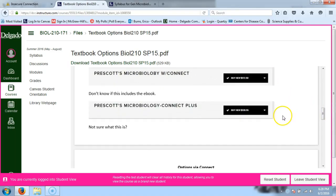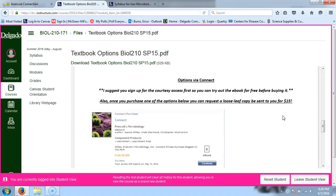Oh my Lord Jesus. Okay, so Connect. So look at this, y'all. Do you see it? Although I was told it's going to go up to 25, but I don't know when that was going to take effect. So you can have the loose leaf shipped to you from the publisher through Connect for $15 or $25. I don't know what it is because I don't have access to that. So if one of you guys want to volunteer to find out,